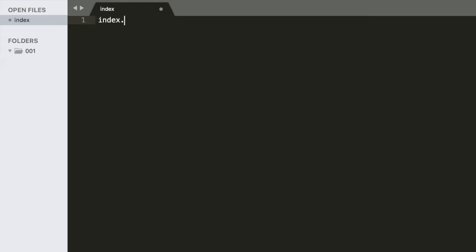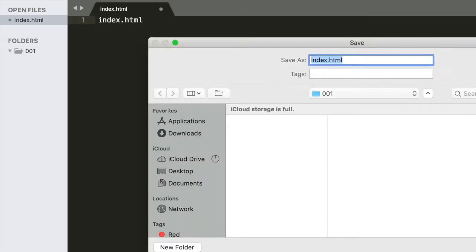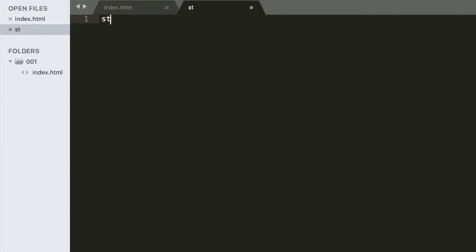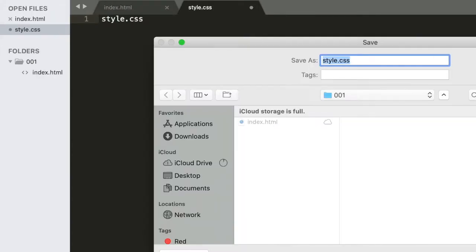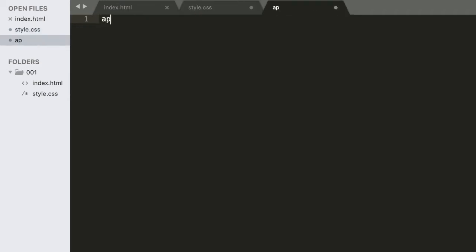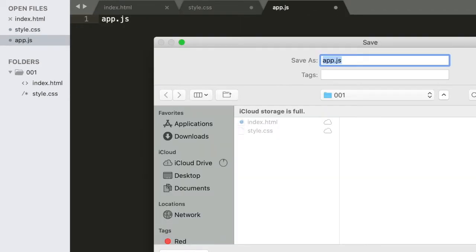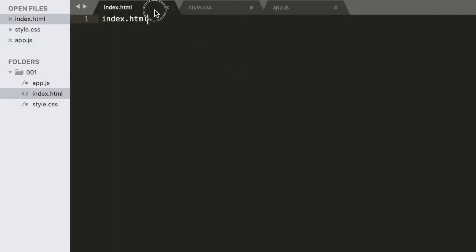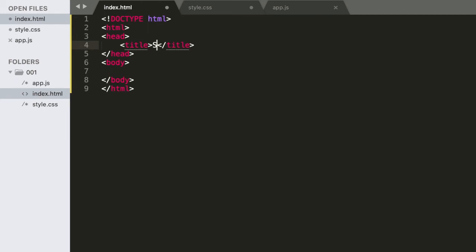Okay. Yes, so we're going to need 3 files. We'll start with an index.html file. We'll get our style.css file, and we'll have an app.js file. These 3 files in Sublime Text as our code editor. That's all we need. Okay, starting in the HTML file, the title is the shopping